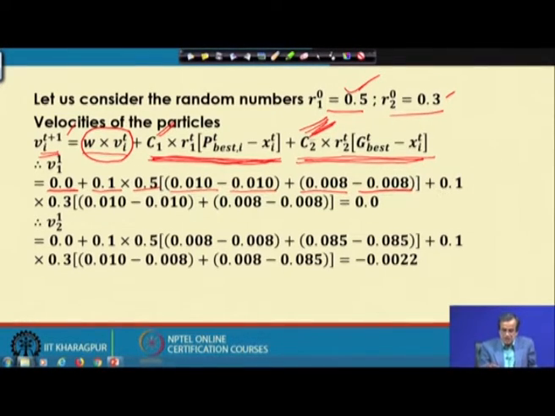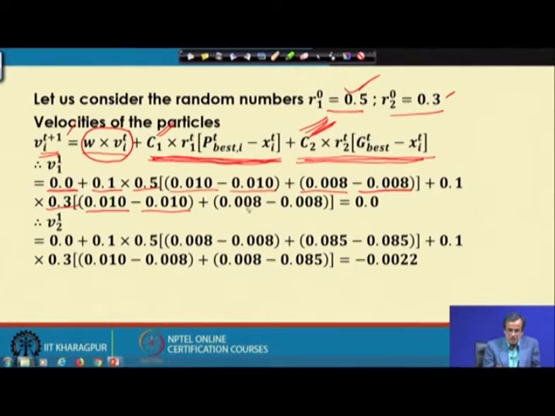Next comes C2 is 0.1 multiplied by R2 with respect to t, that is 0.3, multiplied by g best with respect to t, and that is nothing but 0.010 minus x_i(t), that is 0.011 corresponding to b for the first particle.